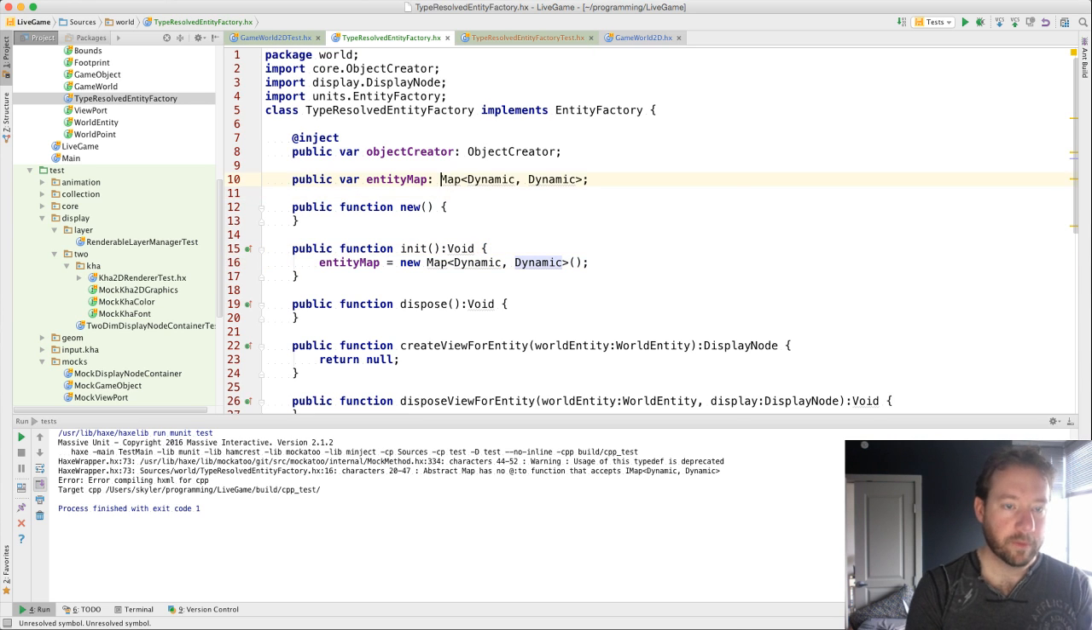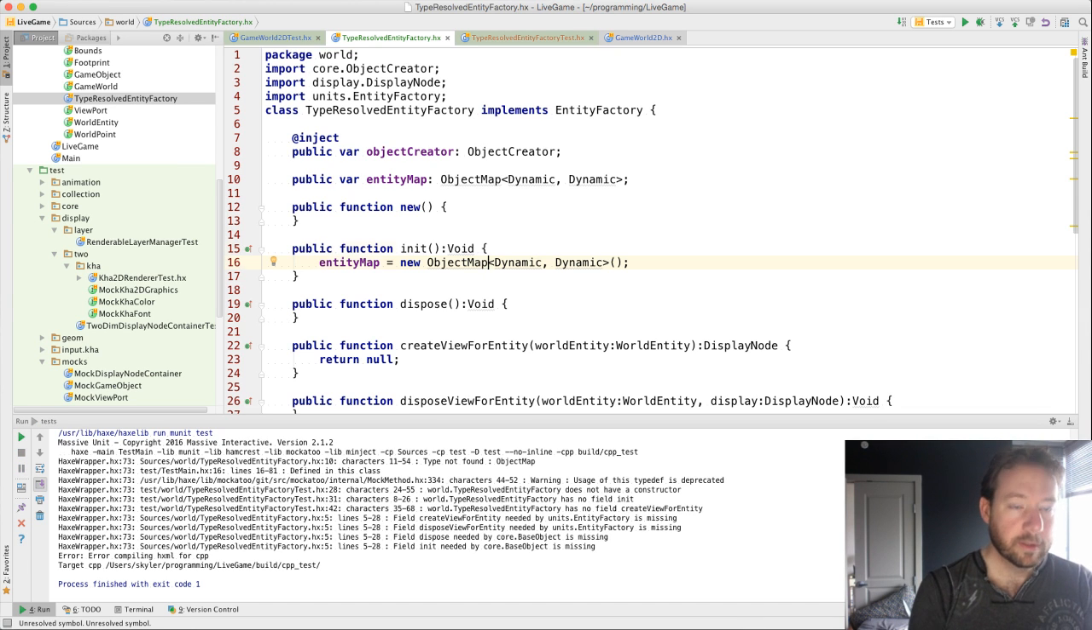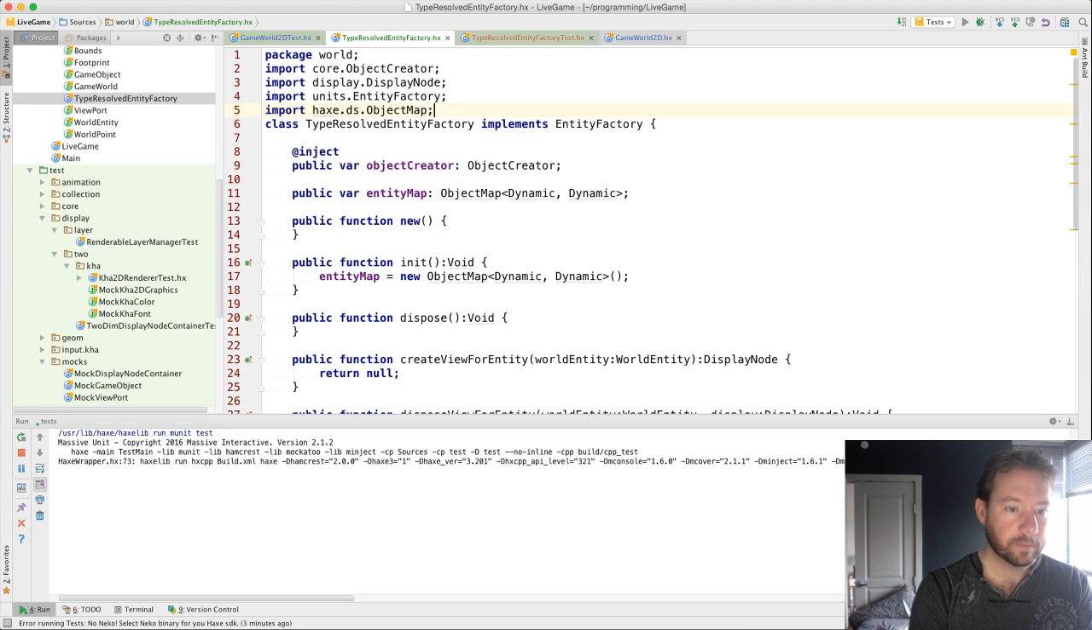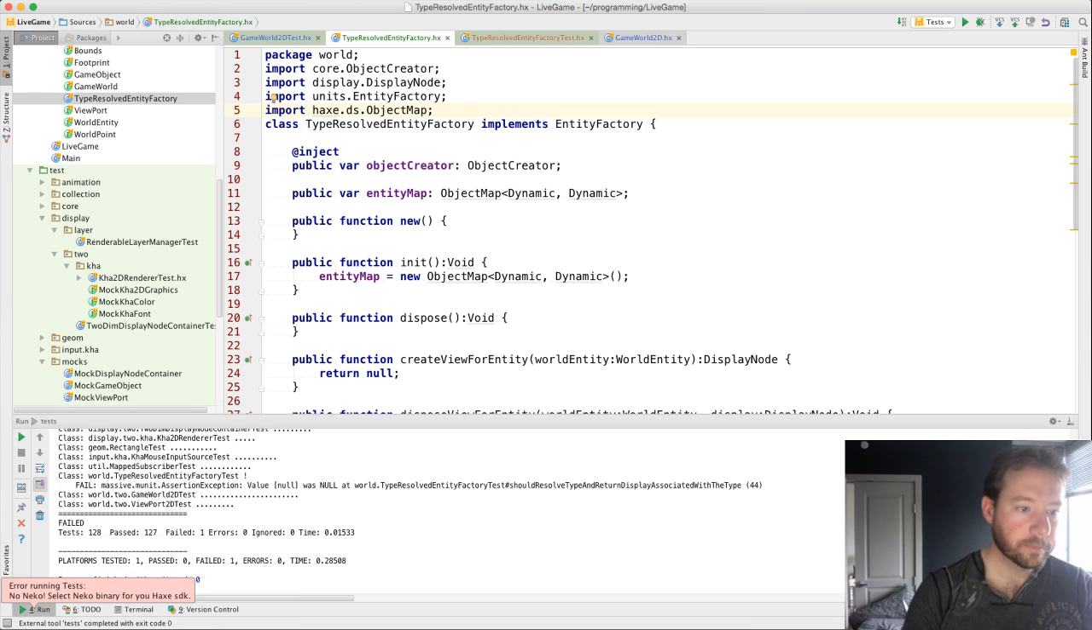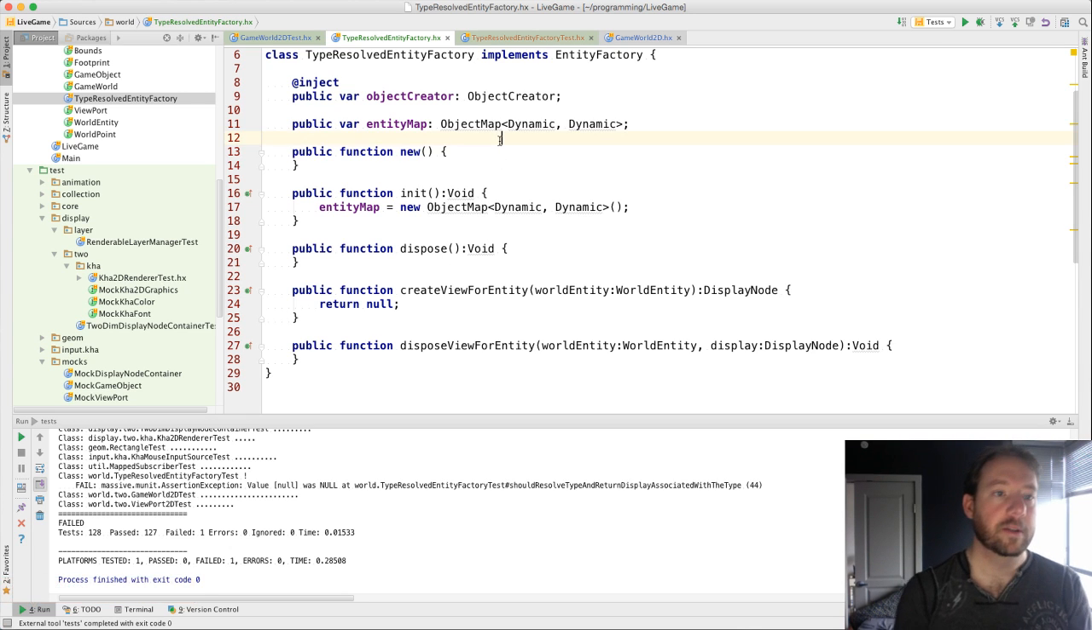Oh, I think I did an object map. I think that's what it is. I might just be able to look this up. Import hex ds object map. There we go. So now we've got our entity map, and so we need to be able to set, like,